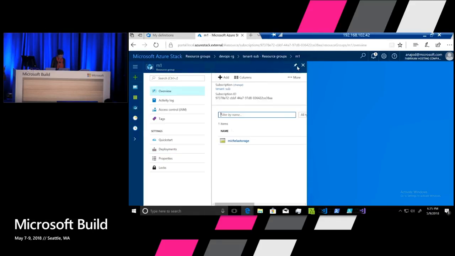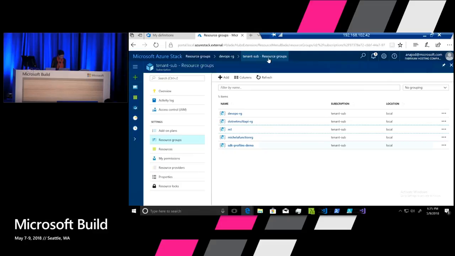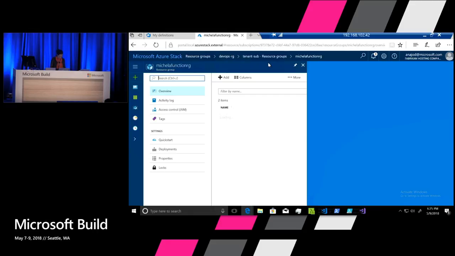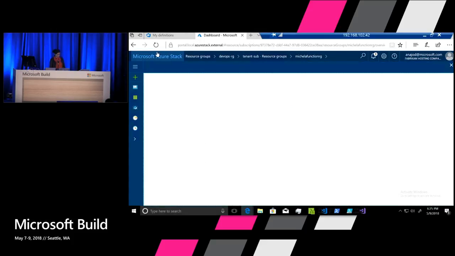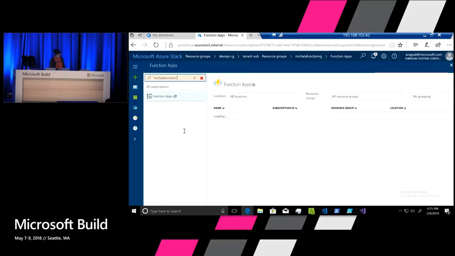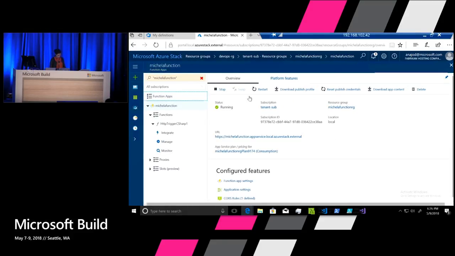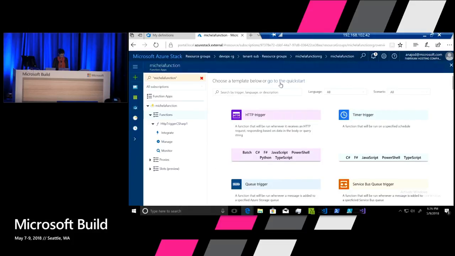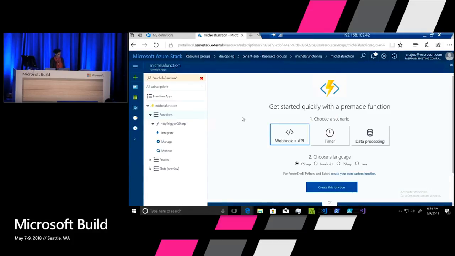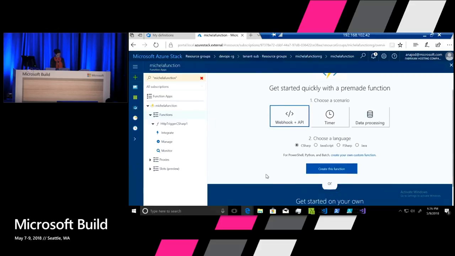that I cannot find anymore. Wait. Ah, okay. Yeah, sorry, wrong resource group. Okay, now I can see my Michaela functions here. I go to function, unless I should restart it. And just, for example, let's create with the default